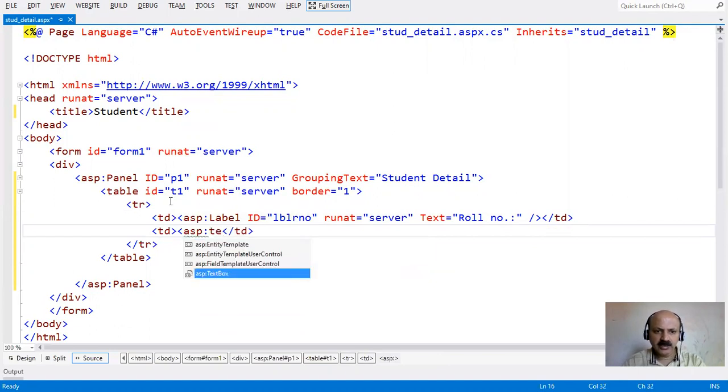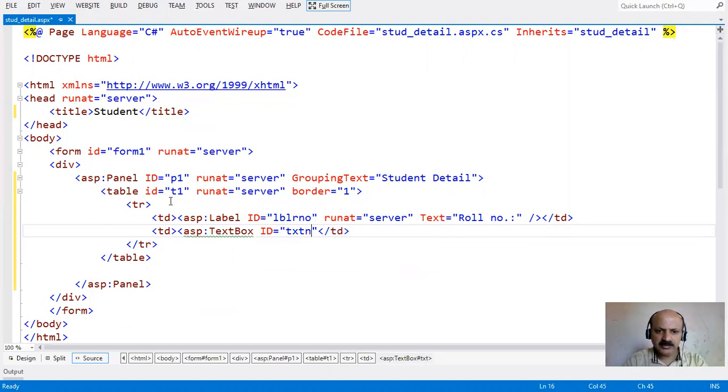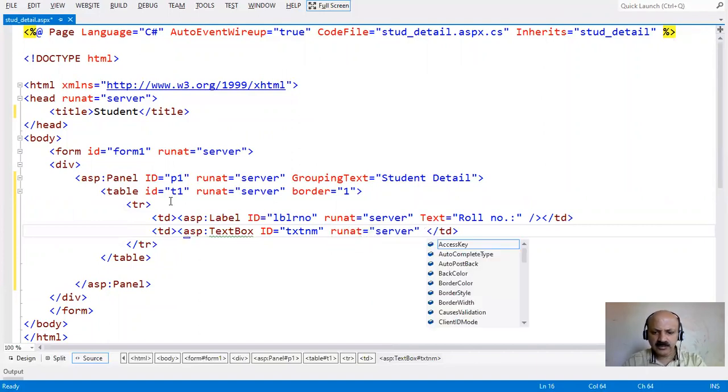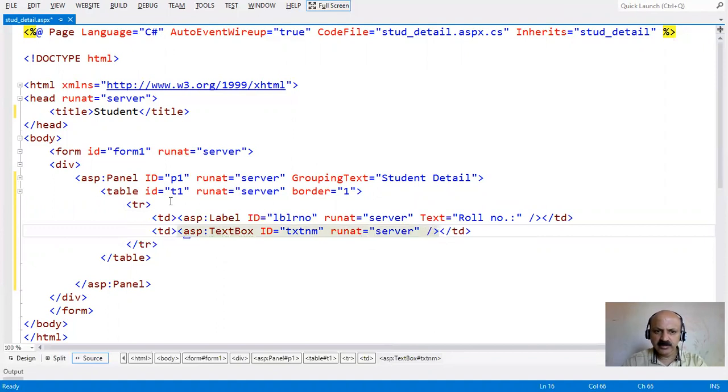We take the text box control. The prefix of the text box control ID is supplied because in the coding part we understand which control is used. So txtnm for the name field of the student, runat server, and close the tag.